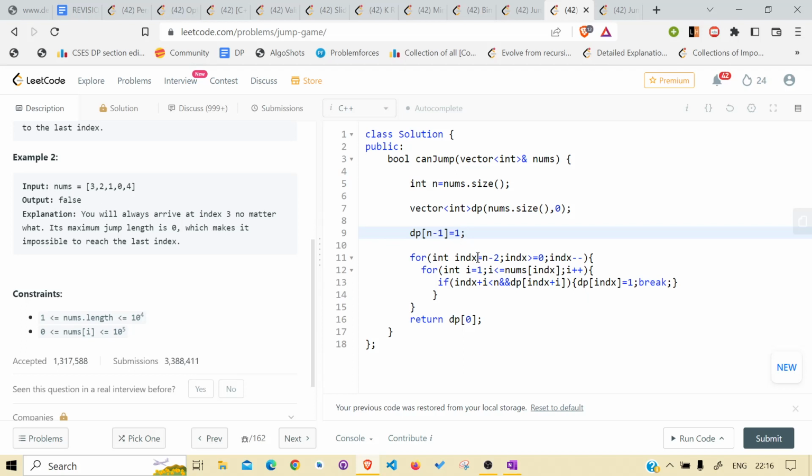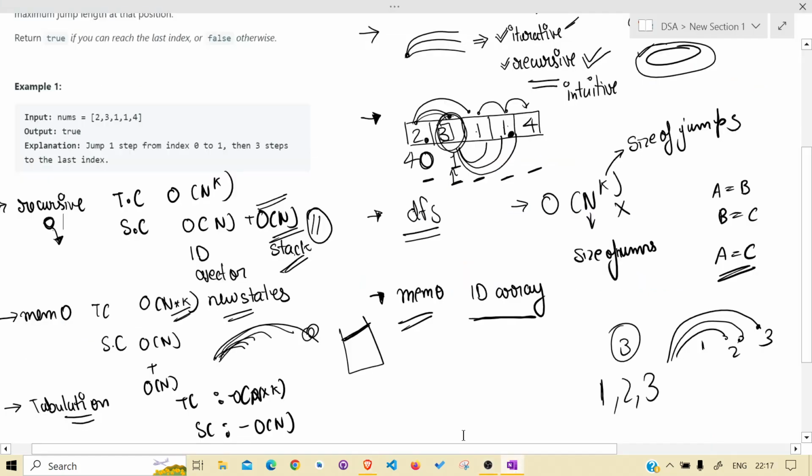So from the index n-2 we are filling the array from the back side, and we are doing the jumps, and we are seeing that we are not throwing ourselves out of the array, and we are seeing if it is true also. If we can already reach that index, then just insert in that index that yes we can reach, break, there are no further jumps. What I'm saying is,